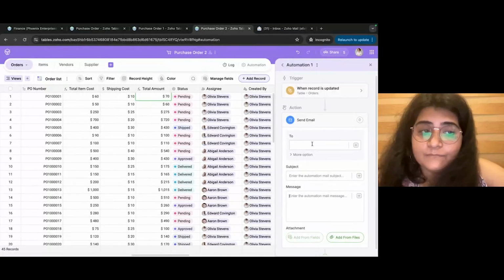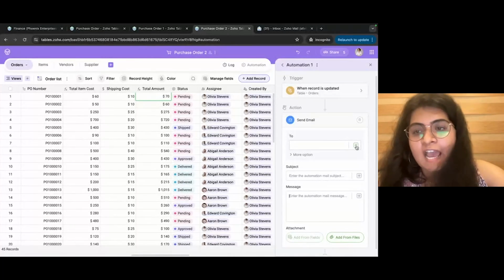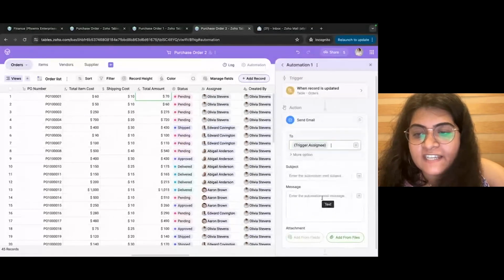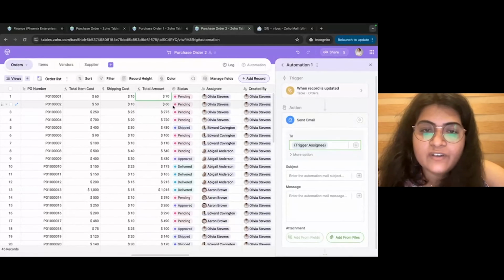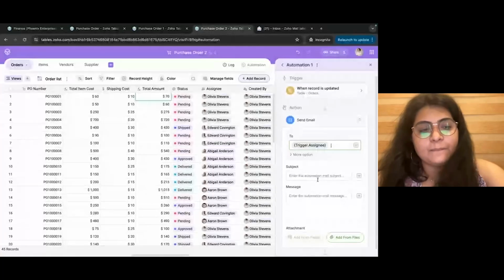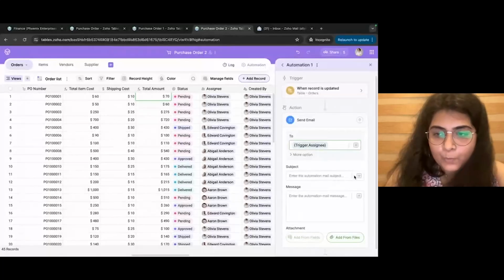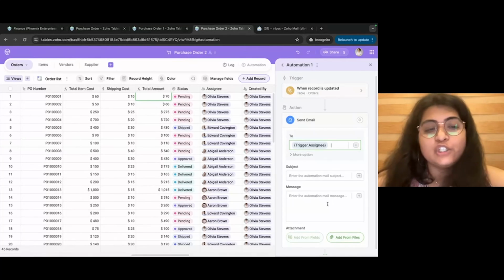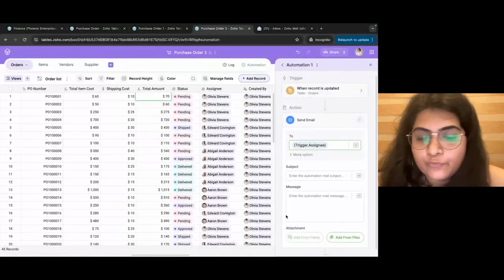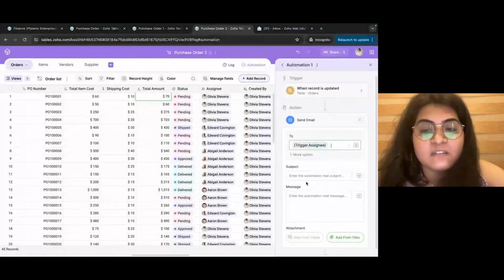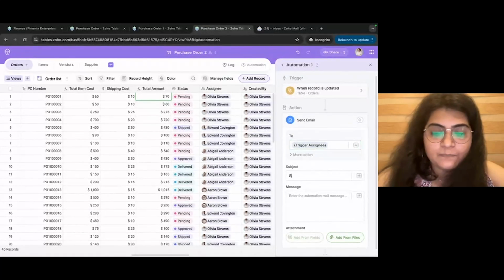Set the recipient as the assignee. So I want to notify the assignees of the update in the status. So I'm selecting the assignee field over here. Whoever is the assignee would be notified of this update, right? Now you can compose the message to include details about the approved order and set the subject with the complete customized message. So in the subject I would be entering